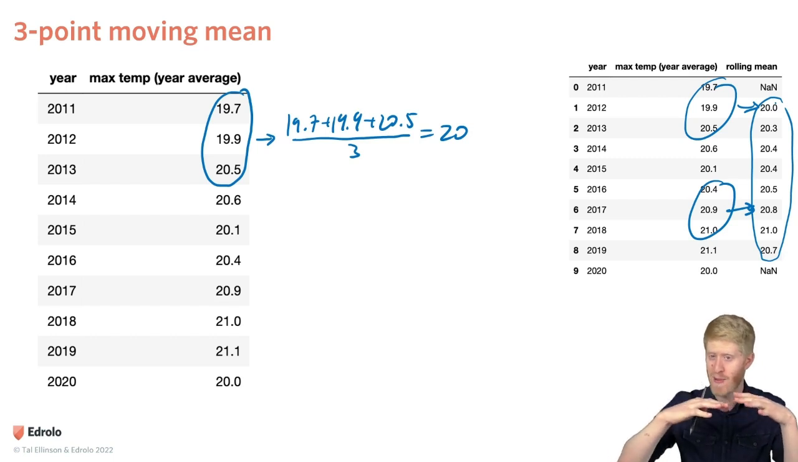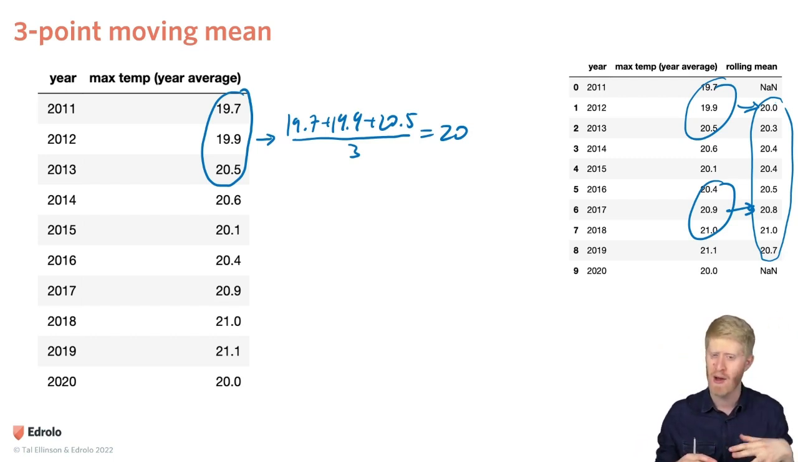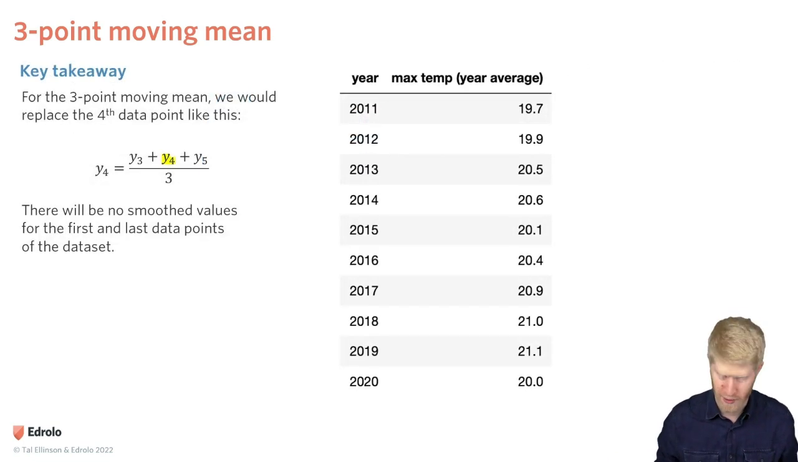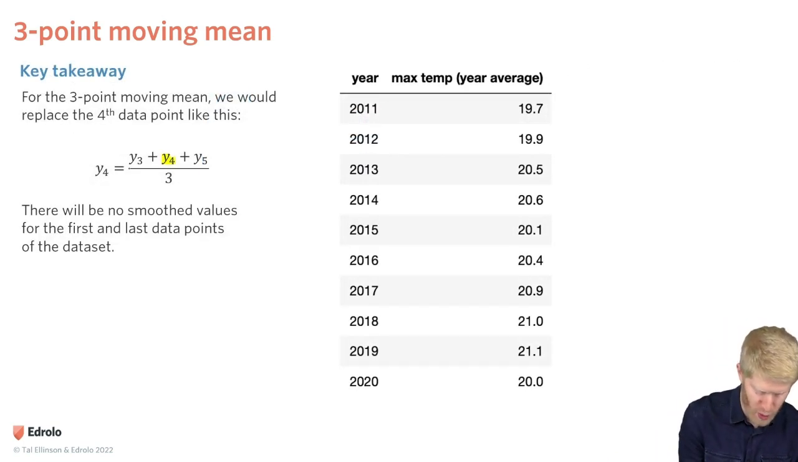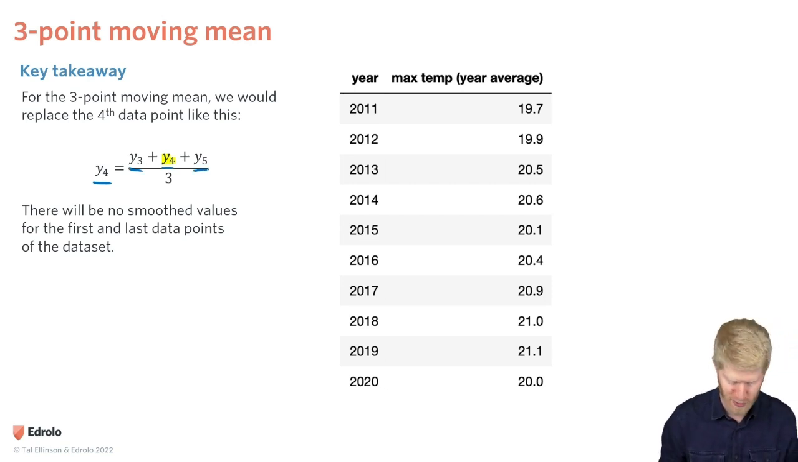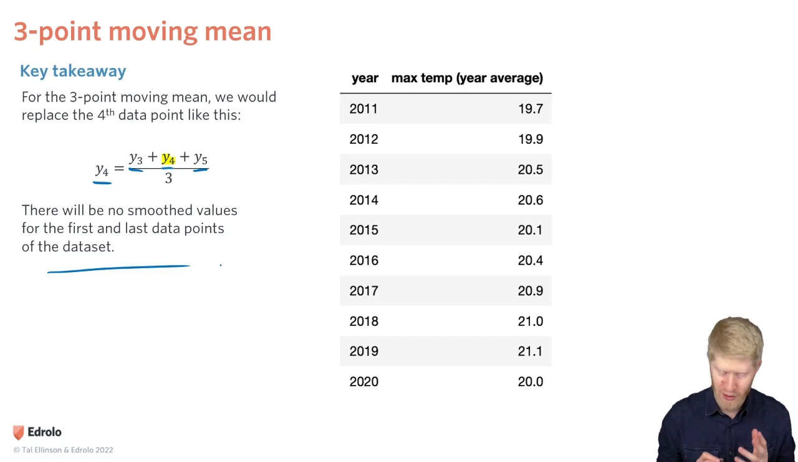And we'd expect them to be less noisy. There's less ups and downs because the average is going to smooth things out. That's the formula for how to do it, right? If we want to replace the 4th point, we'll take the average of the 3rd, 4th, and 5th points. A little note is we're not going to have averages or 3-point smoothing means for the first and the last